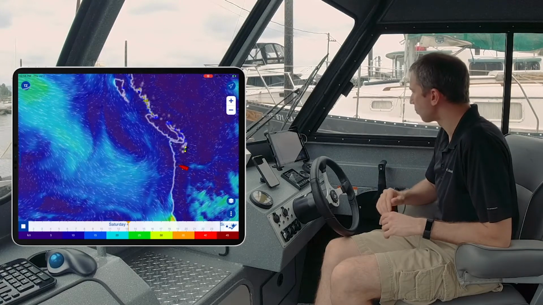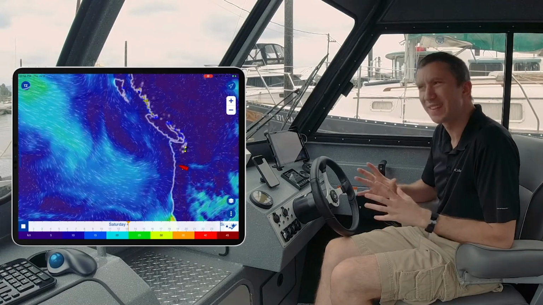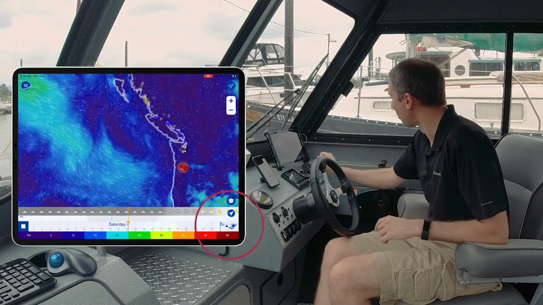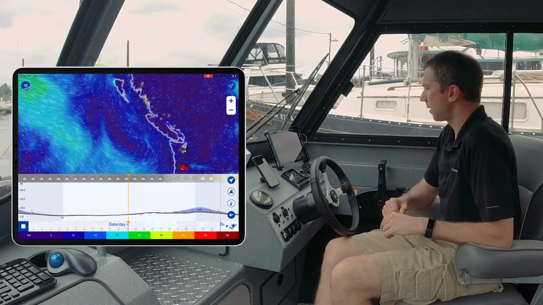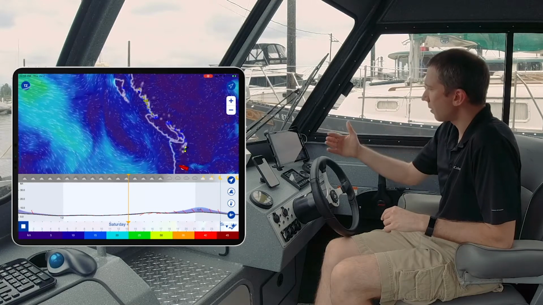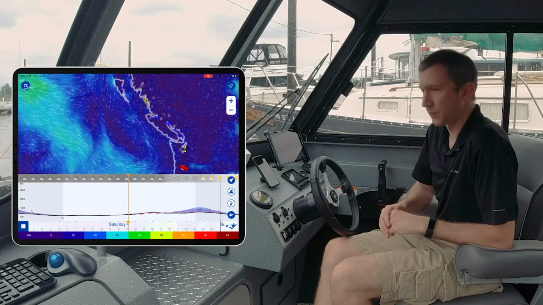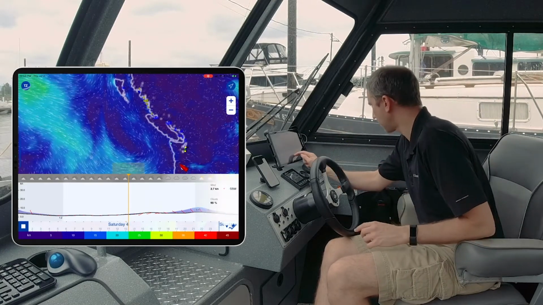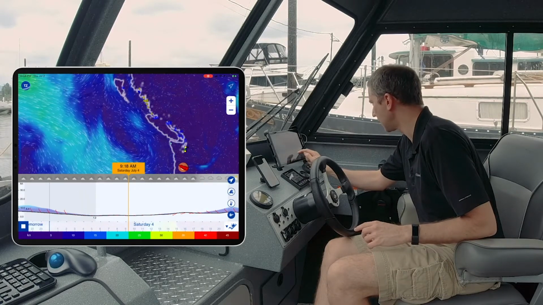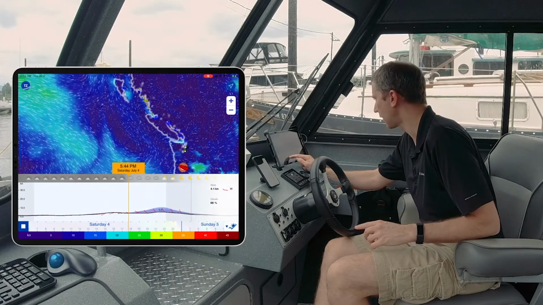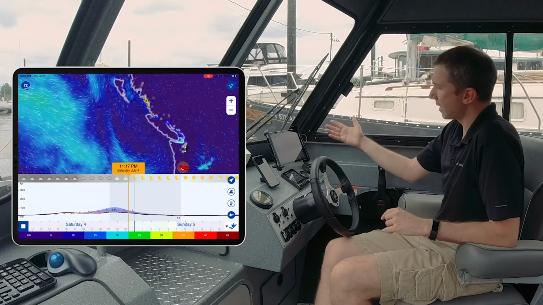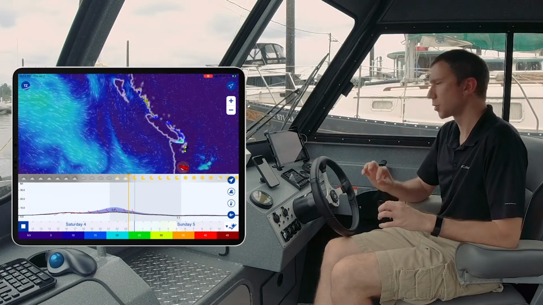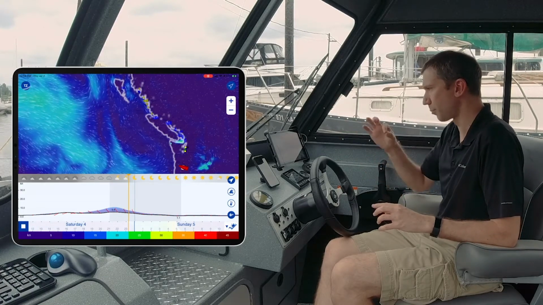Something also very nice, we have what we call a meteogram that you can open just like so, and that will display the weather for a specific point. So you can look right now, tomorrow will be cloudy, no wind though, and after the wind will pick up a little bit, and after, it will be night. And right now, by default, the meteogram shows the weather that will occur at your position.